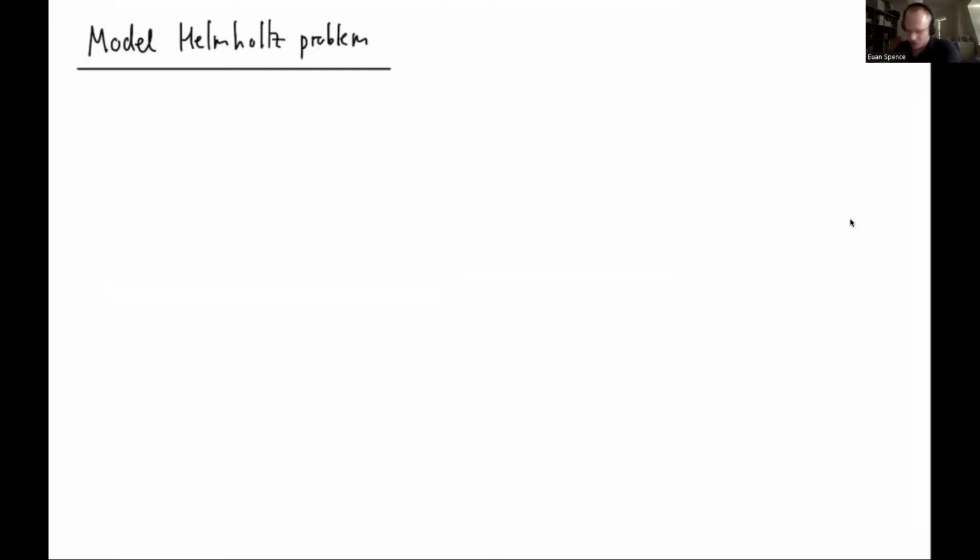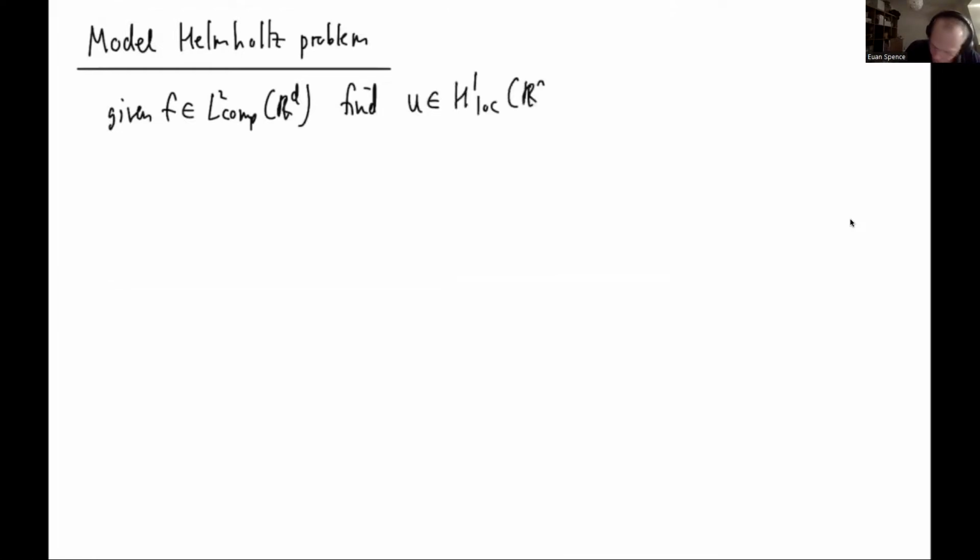Okay, so Kirill said you met the Helmholtz equation. So let me immediately tell you this model Helmholtz problem that we're going to consider. It's really the simplest possible Helmholtz problem. Given some function f in L2 with compact support in R^d, find a function u in H^1_loc of R^d such that the Laplacian of u plus k squared u is minus f,